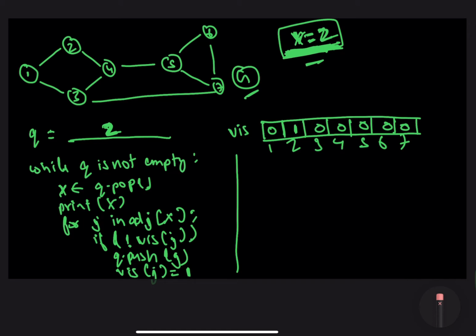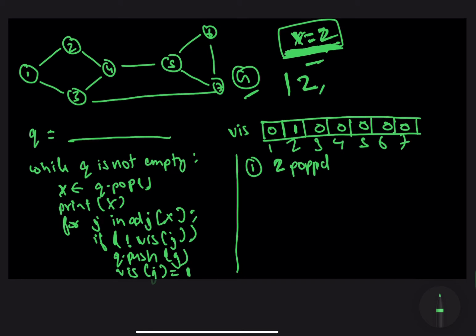So the algorithm is, while queue is not empty. In this case the queue is not empty because 2 is the first element in the queue, so we pop the frontmost element out of the queue. The frontmost element right now is 2, so 2 will be popped. And if you notice, the order in which the nodes are popped out of this queue is also the order in which we are visiting the nodes. So the first node that we iterate over will be 2, and it makes sense because 2 is at a distance of 0 from the starting node x equals 2, because they are both the same.